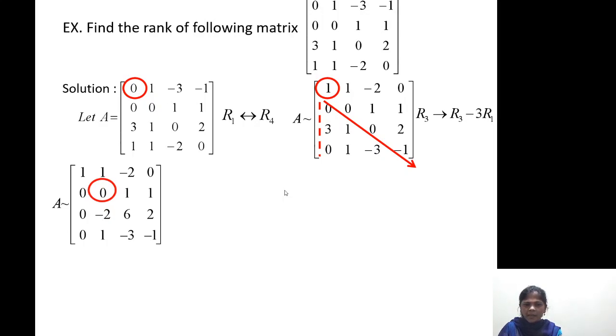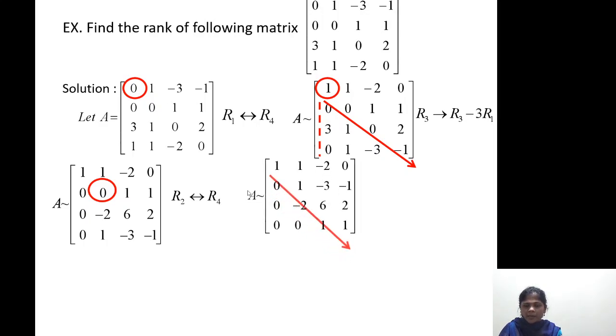Again, we find second diagonal element is 0. Let us make it non-zero. Remember, you cannot interchange a particular row with the row lying above it. You have to interchange it with the rows which are lying below this particular row, because finally our aim is to obtain upper triangular matrix. So at random, if we interchange with any of the rows, then we will not reach the target. So always interchange the given row with the rows lying below it. So let us interchange here second row with the fourth one.